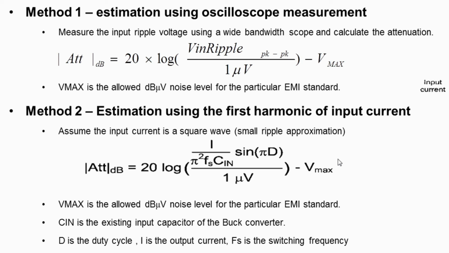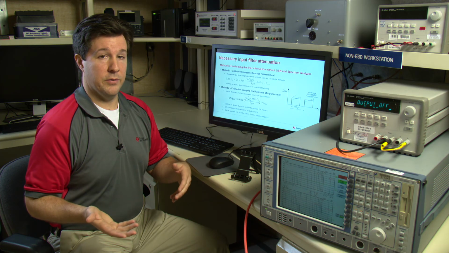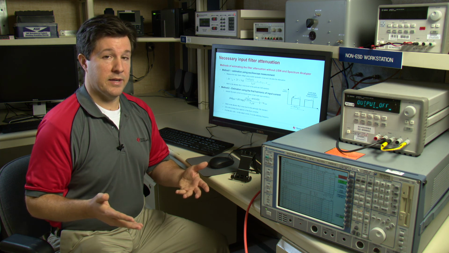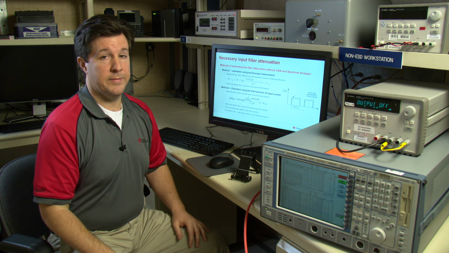Then you're going to see the difference between that Fourier transformed result and your max limit line. And from there, you're going to do your filter design. You're going to see how much attenuation you would need in dB in order to meet your limit. So you're going to do a standard LC filter design, and that's going to get you under the limit line.